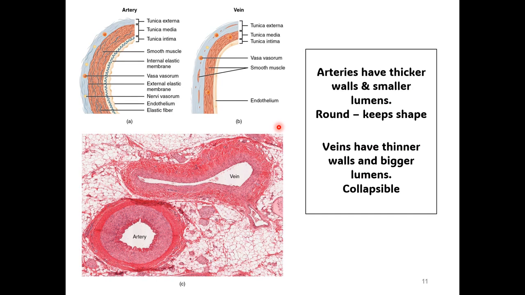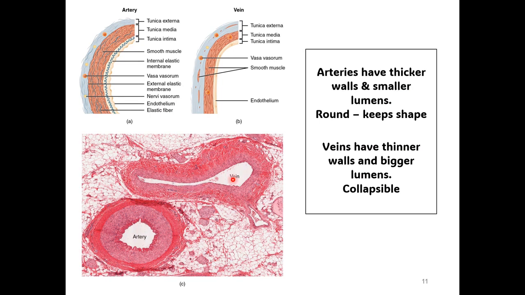When you look at vessels in cross-section, usually arteries and veins are next to one another. The arteries, because they're under more pressure, have thicker walls. The veins have thinner walls. The arteries are going to have this open space called the lumen. Notice the size of the lumen, where the blood would be, is smaller than the lumen of a